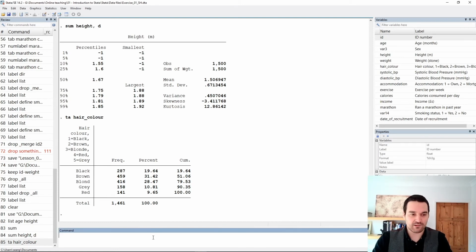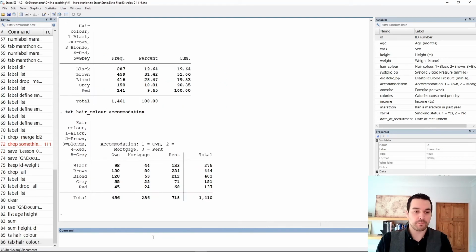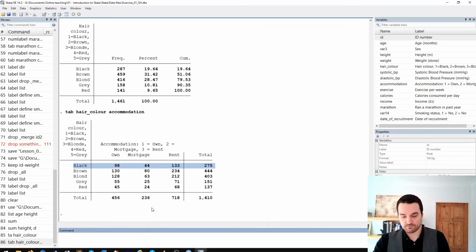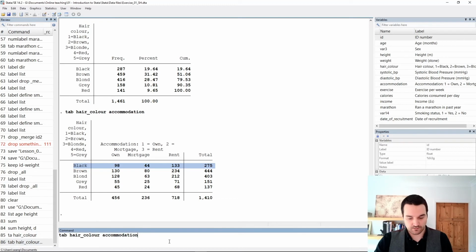Question 5. Tabulate hair colour and accommodation to find out what percentage of people with black hair rent. Okay, so tabulate again. This time hair colour and accommodation. We have black, brown, blonde, grey, own, mortgage, rent, and we're looking for the percentage of people with black hair that rent. So we're going to want to put percentages on this, and we want to know how many people with black hair rent, so we're going to put the row percentages on. So row as an option,